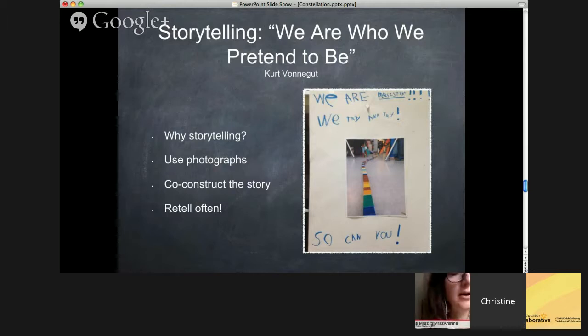There's this great Kurt Vonnegut quote, "We are who we pretend to be." The second part of that is, so we must be careful who we pretend to be. I guess the way other people might say it is fake it till you make it. When we tell stories, we help ourselves to understand how we acted, why we acted, and it also gives us a way to think about acting in the future. So storytelling is one of the most powerful tools at your disposal to